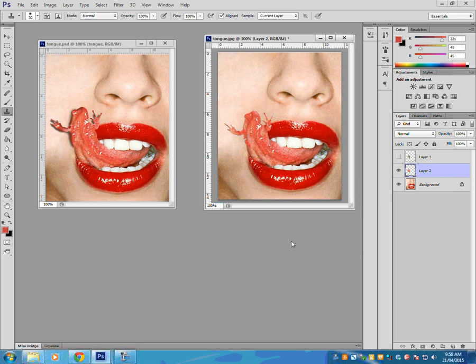Okay, so at this point, it's looking more like a frog. But you can see we still need to do some stuff to it. Now, one of the key things with making something look realistic when you're doing a Photoshop montage type of thing is light and shadows. Okay, and you'll find this when you add in